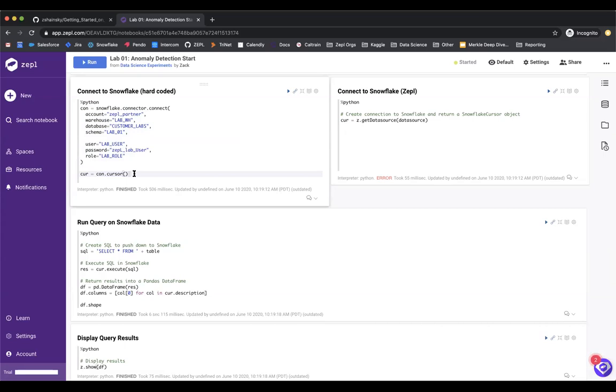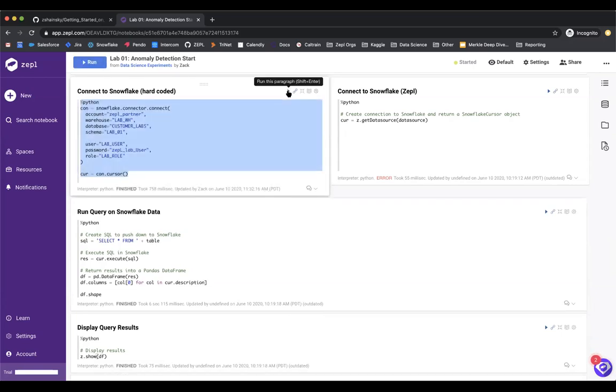We're actually going to use this method during the analysis here. So go ahead and run this paragraph. This should all connect up fine. If you have any problems, please drop a note in the chat. One of the challenges with this methodology is that you have to expose your password in clear text. And while that's fine maybe for a demo lab here, that's not great for a centralized or collaborative workspace that